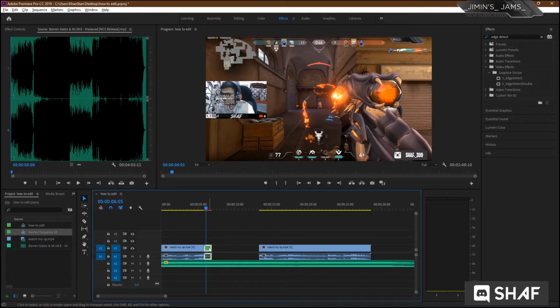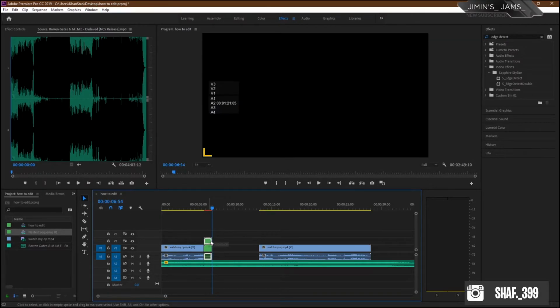So nest the video, press Alt and drag this above. You don't have to add effects on the base clip, because this is your base. You don't destroy your base. Make another sub clip and add effects on that clip.